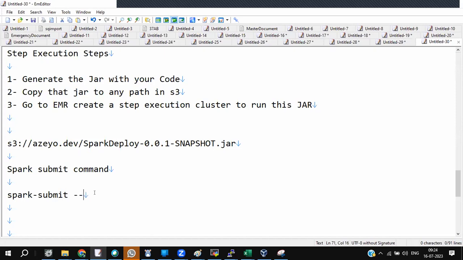What is the Spark submit command to run this jar? spark-submit --master yarn or local, --deploy-mode client or cluster, --packages. Why do we need packages here?